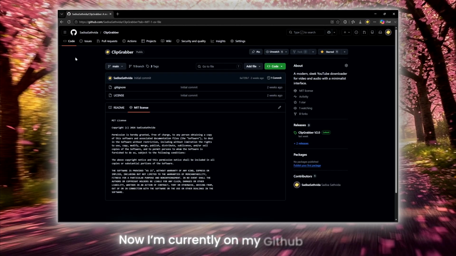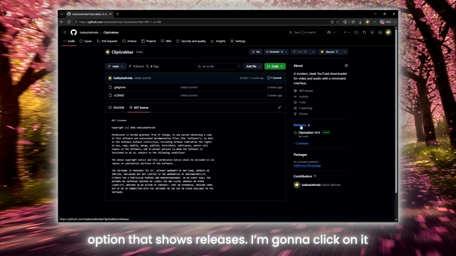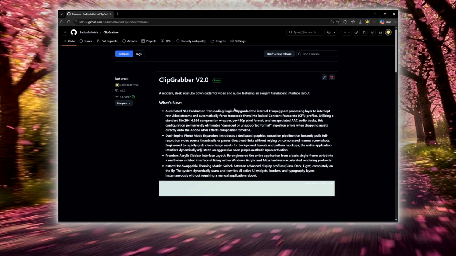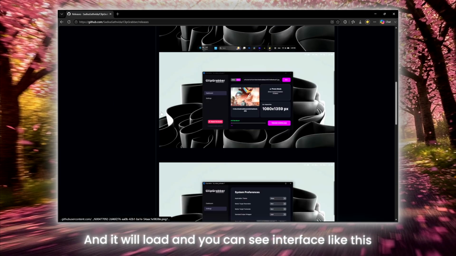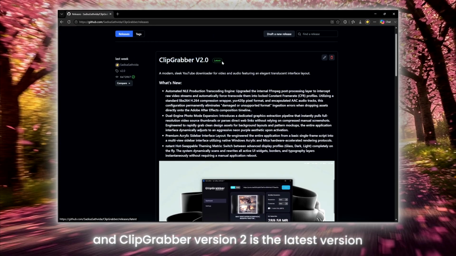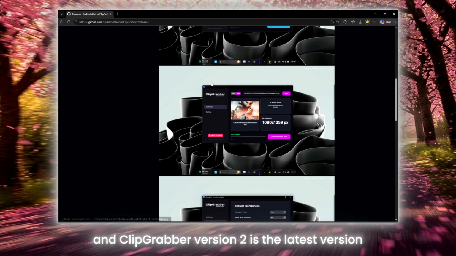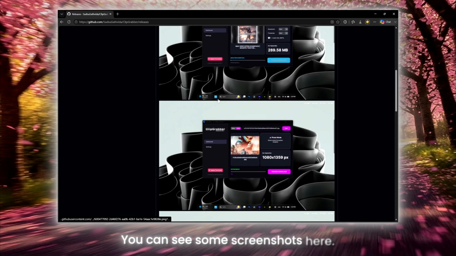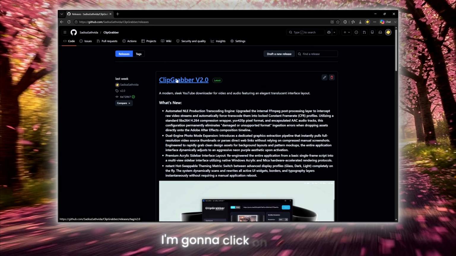Now I am currently on my GitHub page, as you can see. This is the option that shows releases. I'm gonna click on it and it will load, and you can see an interface like this. ClipGrabber version 2 is the latest version. You can see some screenshots here. I'm gonna click on this